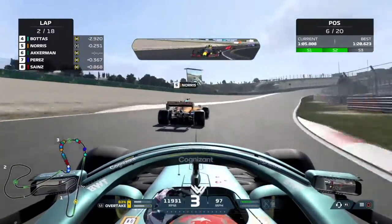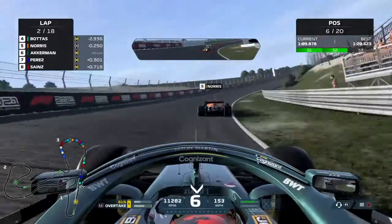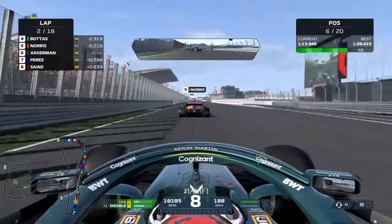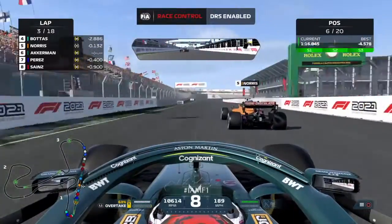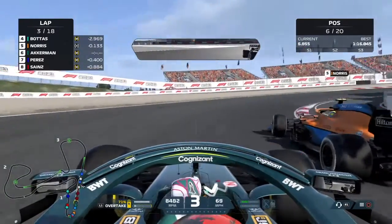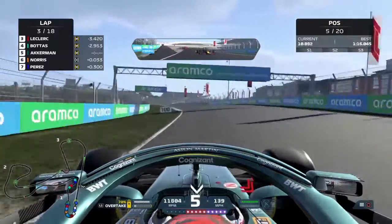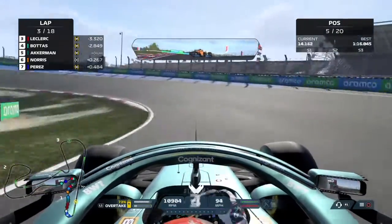He goes a little bit defensive into the final 2 turns, and so we might have the opportunity to make a move on Lando. Now, no DRS has been enabled quite yet, so we're just going to have to use all the ERS we can to try and get past Norris. He's defending the inside line, so I'm going to try and go around the outside of Lando Norris. I brake a little bit early there, but I'm looking to go around the outside in the exit of 1 and eventually get past. So we're up into P5, and that was critical for me to get past because Lando's